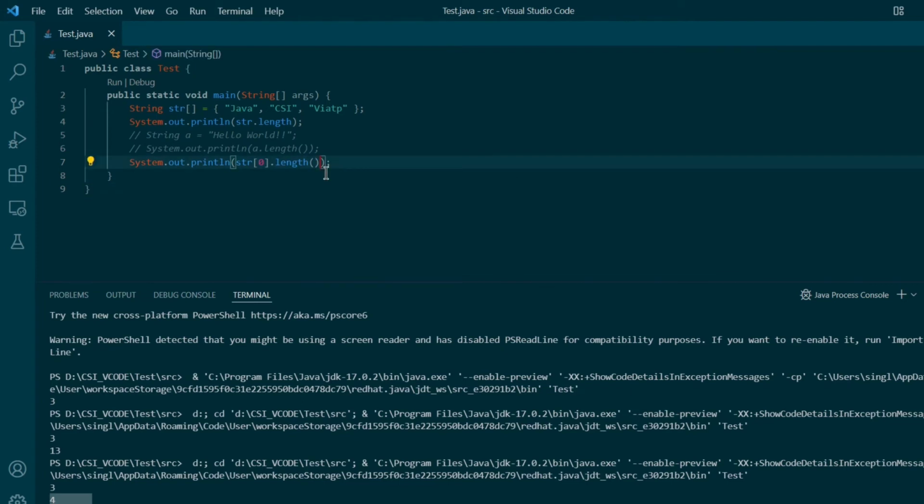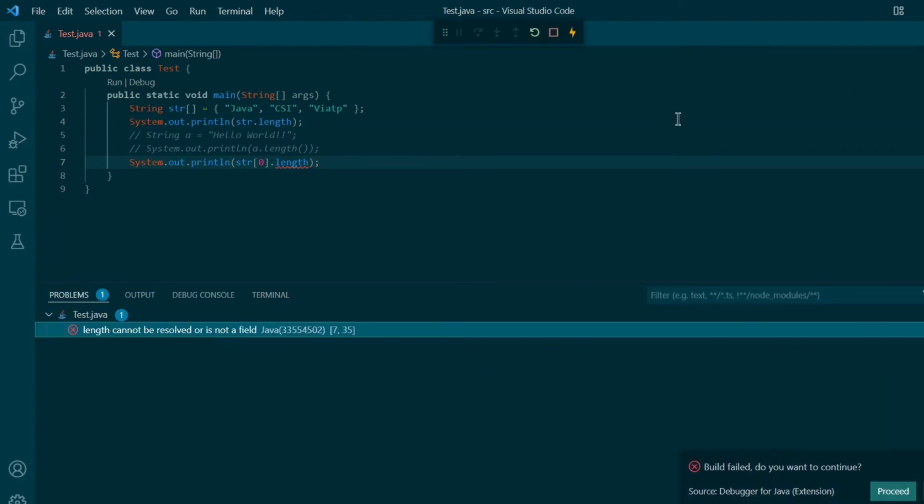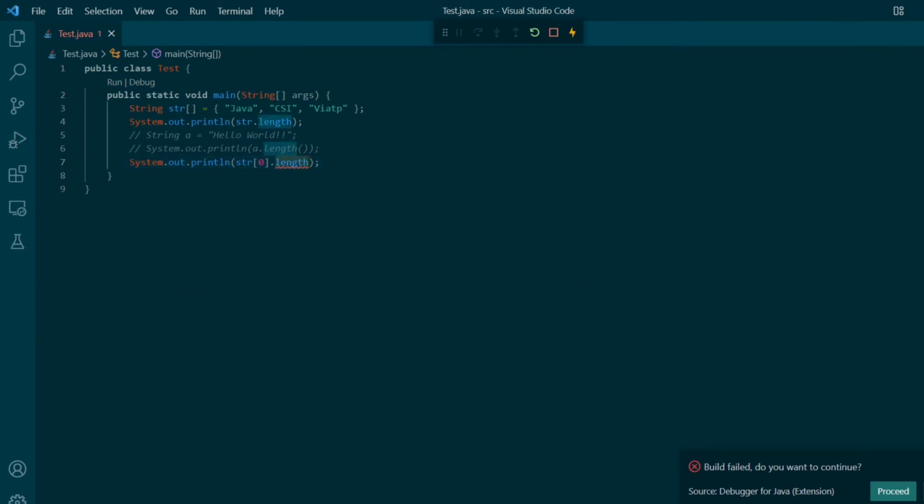But if we look over here, we have not defined these parentheses for the array, so why do we have to do it over here? If we just try to run it without them, it will throw an error. Why is it showing an error? Why is dot length working here, and why do we have to define dot length and then parentheses over here? Just try to figure it out, take your time, and post your answer in the comment section. You have 5 seconds to pause the video and post your answer.